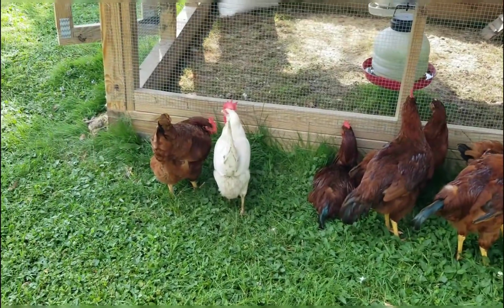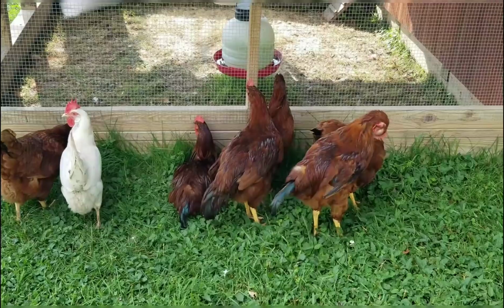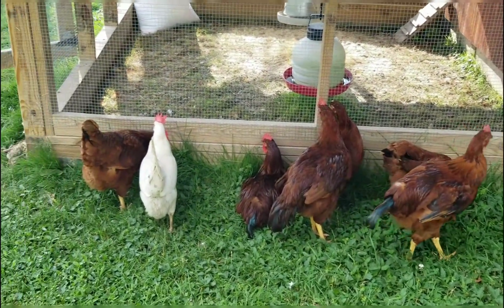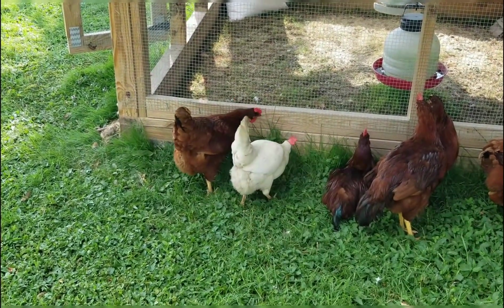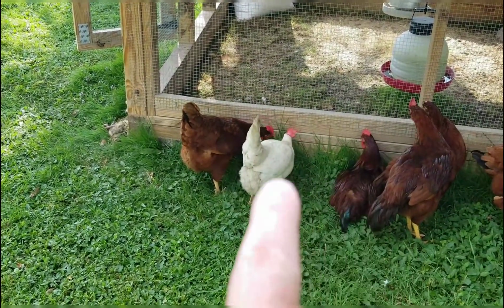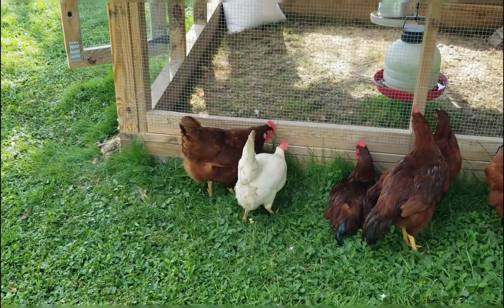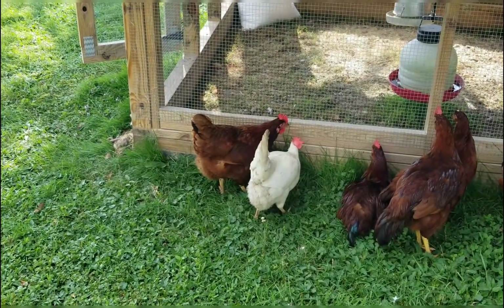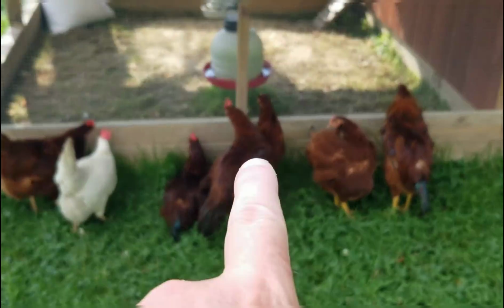Of course, these are the two adult hens right here. And you can see the roosters at 3.5, almost 4 months, are bigger than they are already. Of course, I would expect a rooster of that age to be bigger than a Leghorn anyway. A Leghorn, which is the white bird right there, isn't going to get bigger than about 4 pounds. Now, that's a Rhode Island red hen. She can get about 6 pounds. But these roosters, which I have 3 of them here,